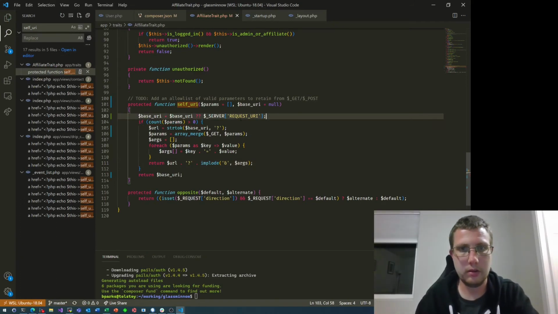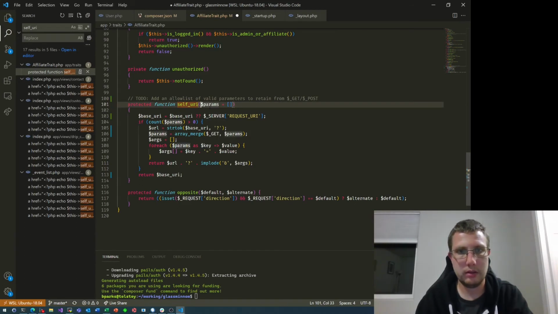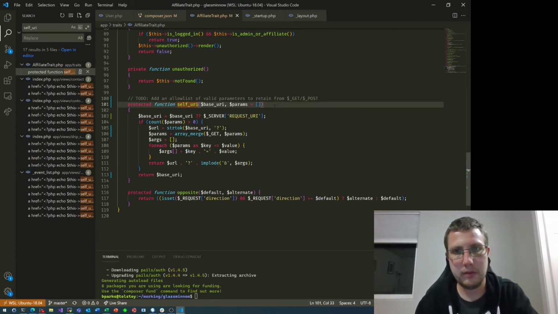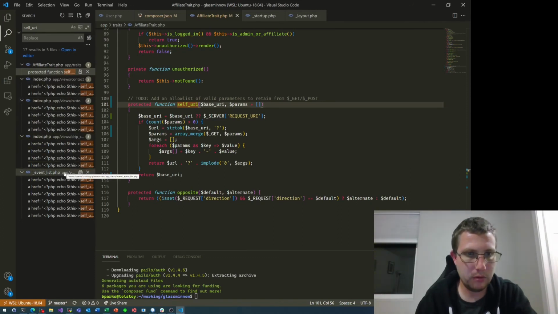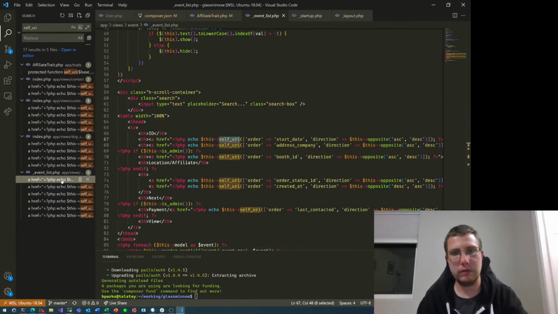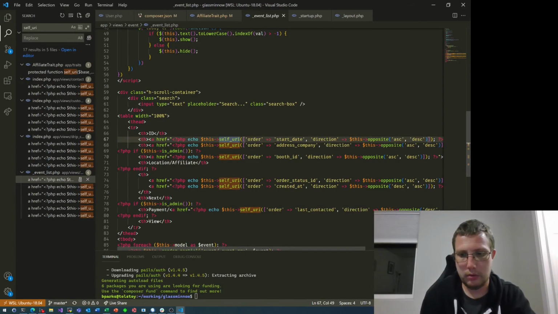Now, what I really want to do, let's get our semicolons in order. There we go. What I really want to do is make base URI required and put it at the beginning. There we go. Okay. And that means that for all these, we need to add a base URI. I'm not going to worry about everything else here except for event list. This is the one we care about right now. So off camera, I'll go and fix the other ones. But this one, we need a base URI of